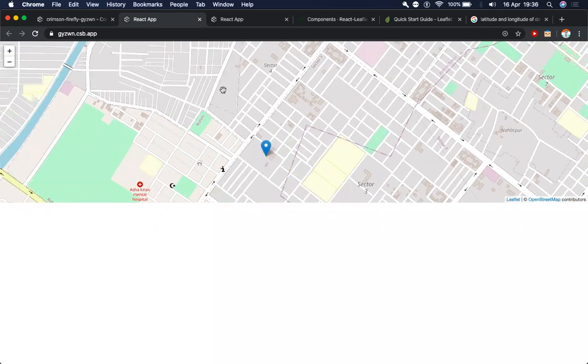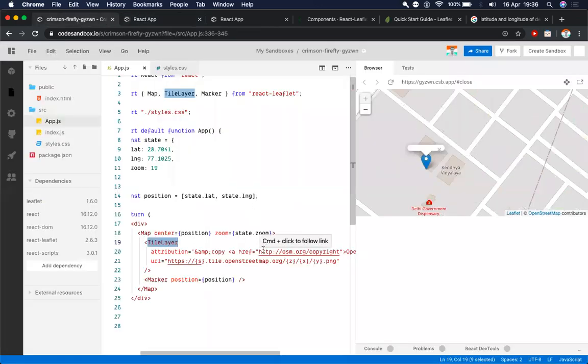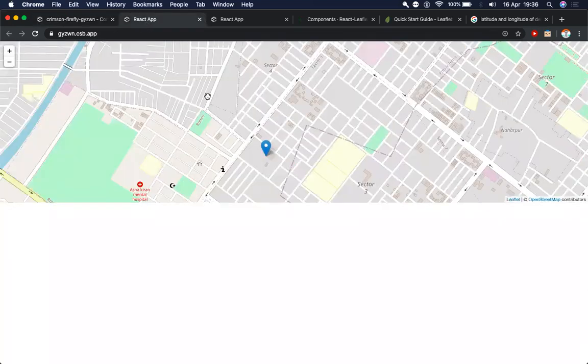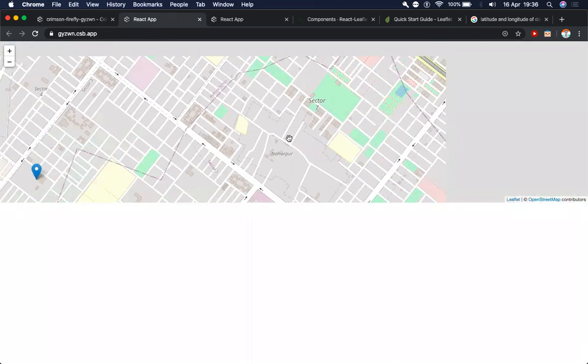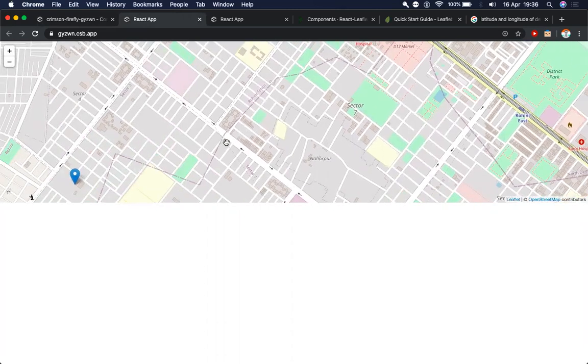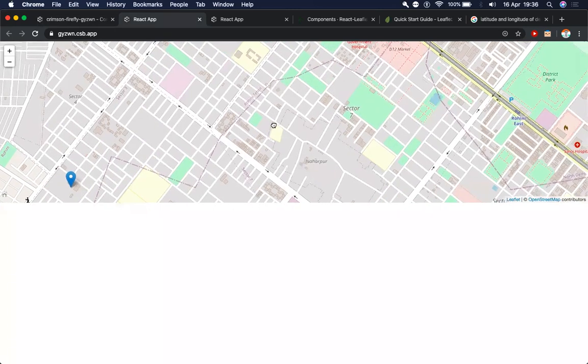Everything looks like a single image to us, but actually in the background, according to the tile URL that we are passing, whatever service we are using. For example, here we are using OpenStreetMap. OpenStreetMap is dynamically loading the tiles as we are scrolling through the map. As we can see, there are gray blocks there because the tiles haven't been loaded. But when we scroll there, the tiles automatically load, and then we get a continuous map surface here.